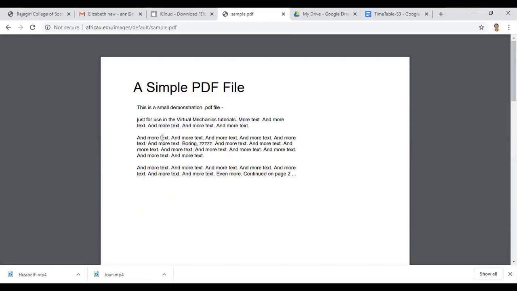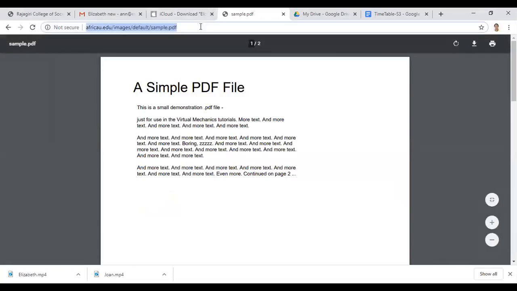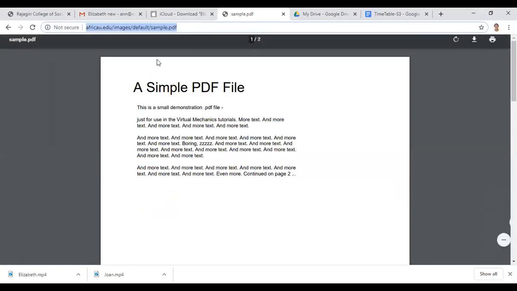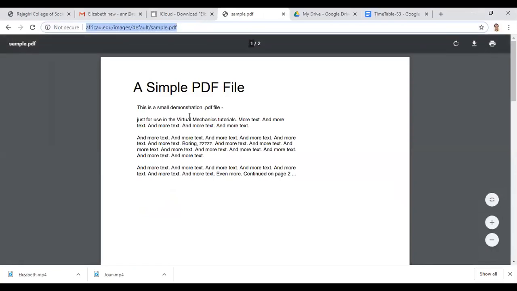Yes, ma'am. So I just took a random PDF file. You can go for any file. I just went for the first one, which was there on my Google screen. I'm just copying it. It is a sample PDF file. So what I'm planning to do is, this is my URL. Agreed, Amarnath? Yes, ma'am. Okay, this is my URL, and it has a .pdf, which means it is a downloadable file. It is a downloadable PDF.